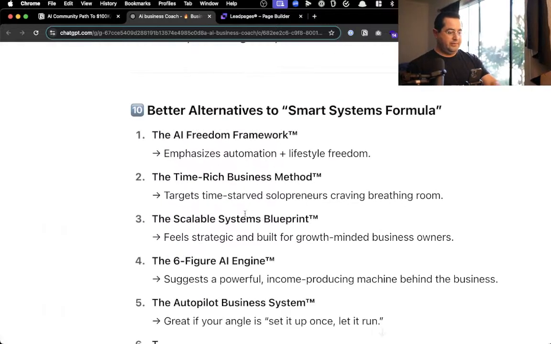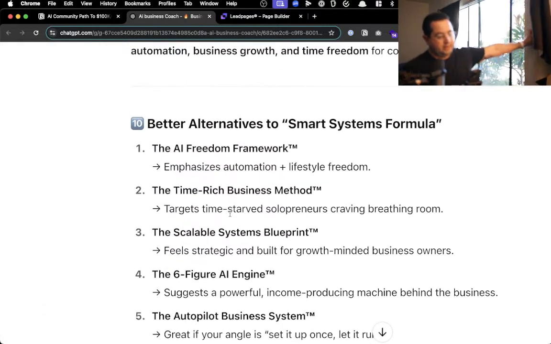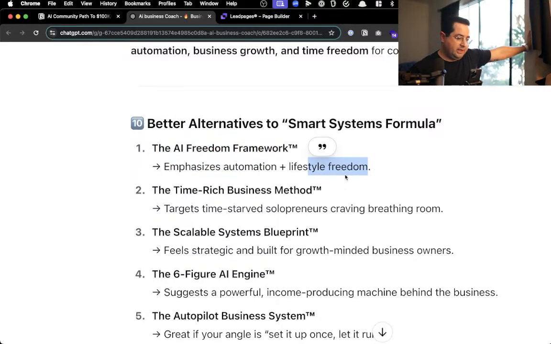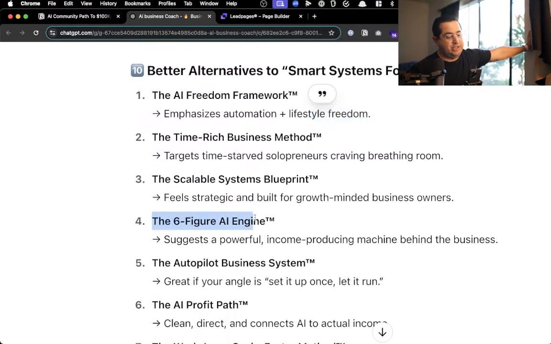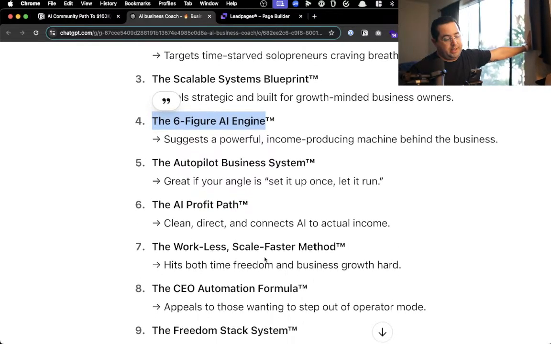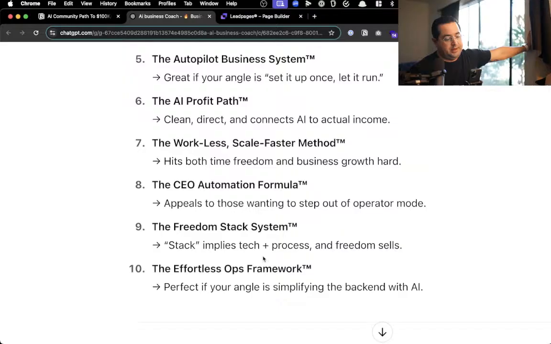The AI Freedom Framework. Ooh, I like that. The AI Freedom Framework emphasizes automation and lifestyle. Technically, yes. Scalable system, six-figure AI engine. Ooh, the six-figure AI engine. The AI profit path, CEO freedom, effortless ops.